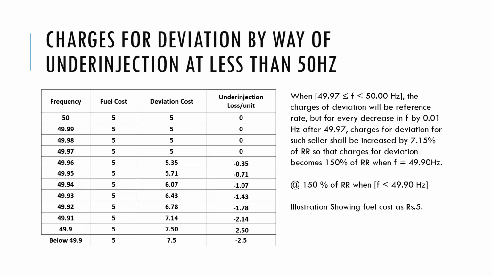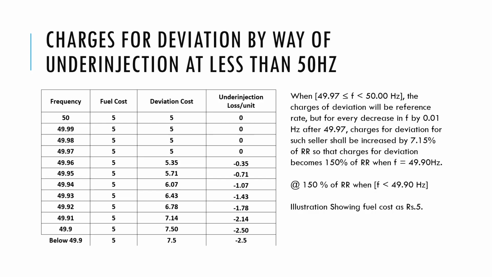So let's begin with the regulations. One of the most important changes made in this regulation is the change in the frequency band. In the previous regulations, the frequency band was between 49.94 and 50.03. What I mean by that is, if any seller is deviating from its schedule, either in the positive or negative direction, by less than 10%, meaning the difference between the scheduled generation and the actual generation is less than 10% of the scheduled generation,